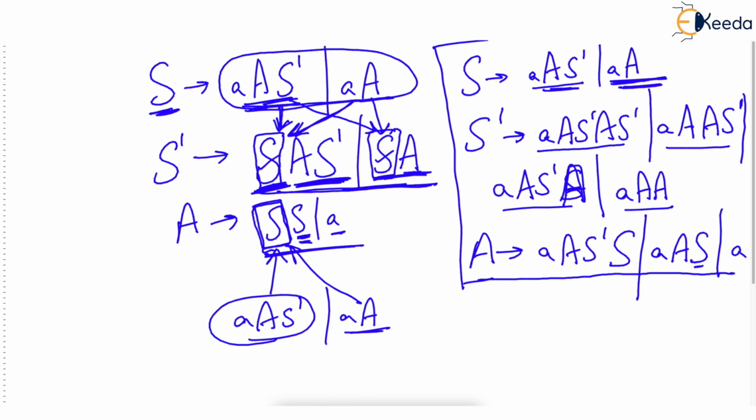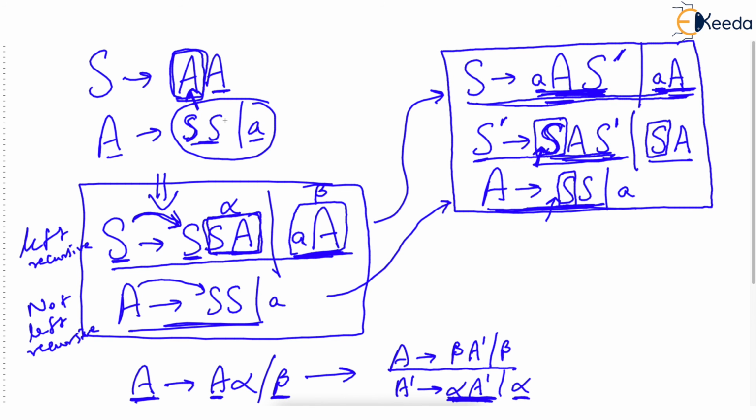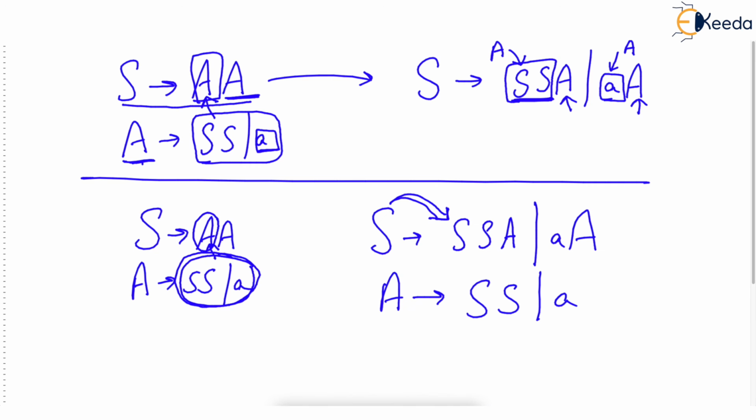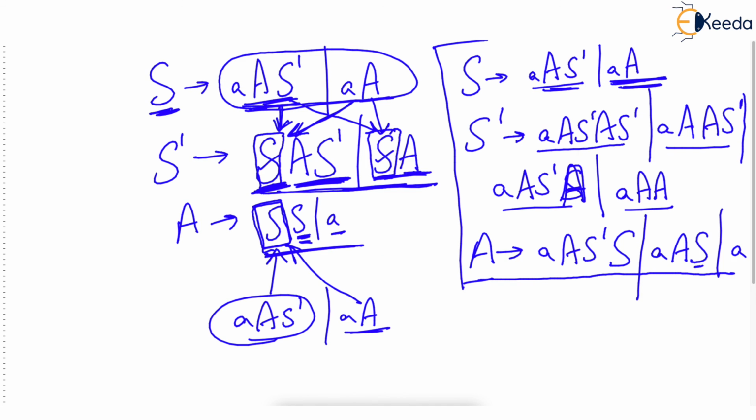We were successful in doing this after removing left recursion, and that too left recursion was hidden. It was indirect left recursion, correct? You can play this video again because I know that this is a bit complex problem, but you can play this again or you can see more examples solved in the next video. Thank you very much.